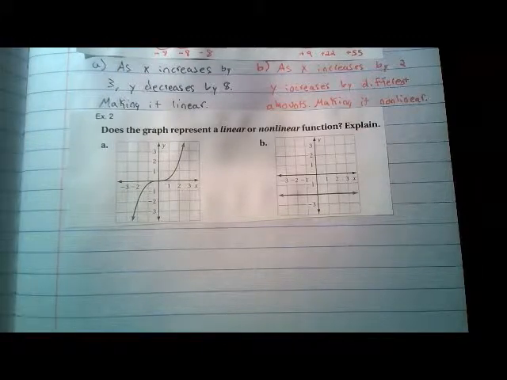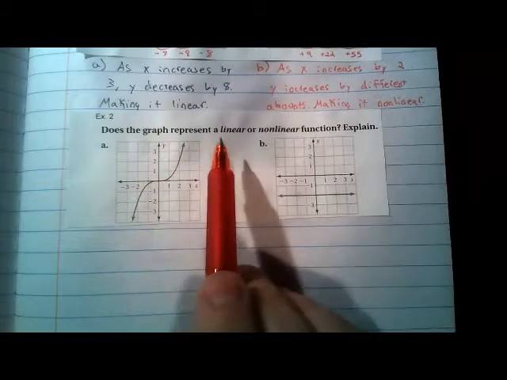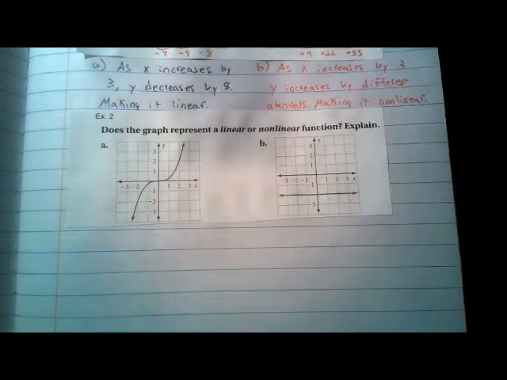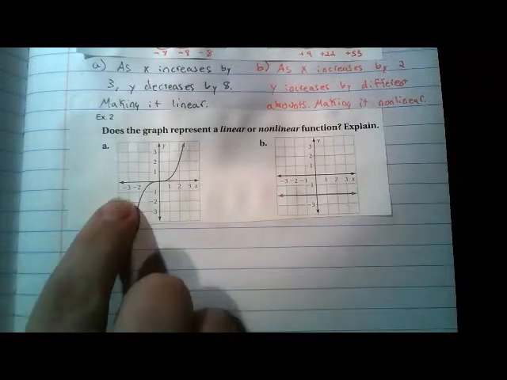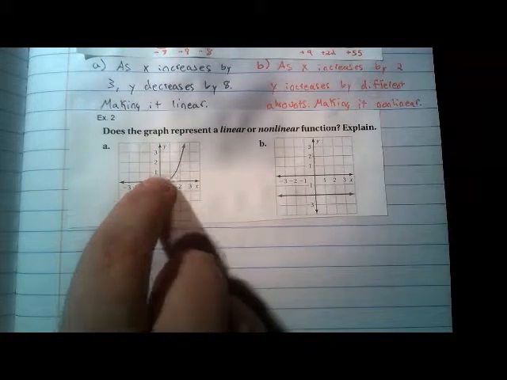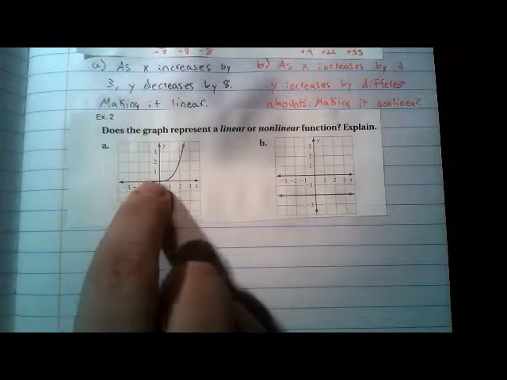Just underneath those examples, you're going to put example 2. Does the graph represent a linear or nonlinear function? Explain. So it's actually easiest to tell from a graph because you just have to say, does it form a line or doesn't it? And if we look at A, this is not a line, right? It curves, right? The slope between this point and this point is going to be different than this point and